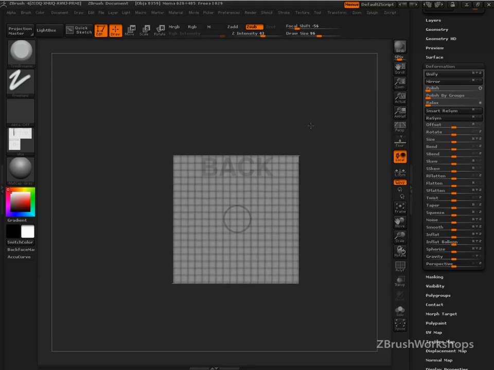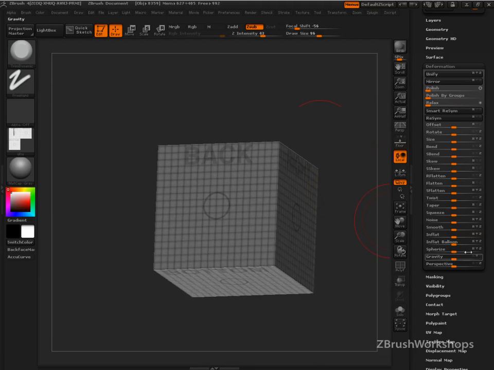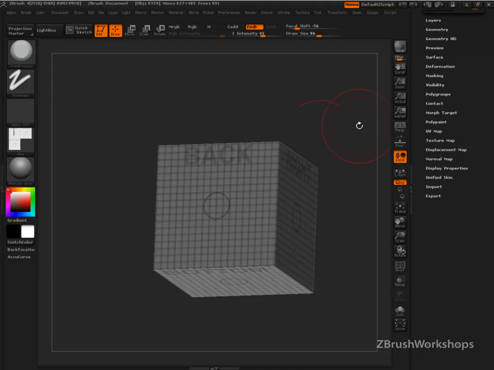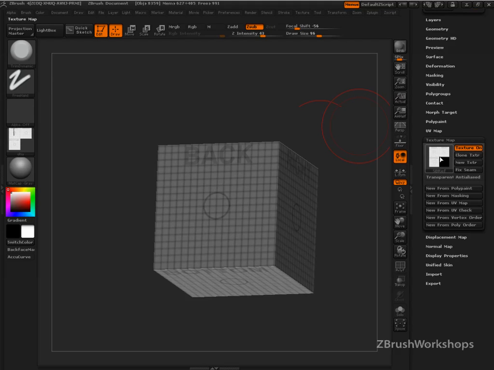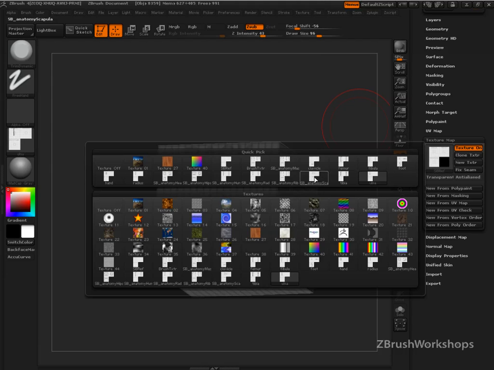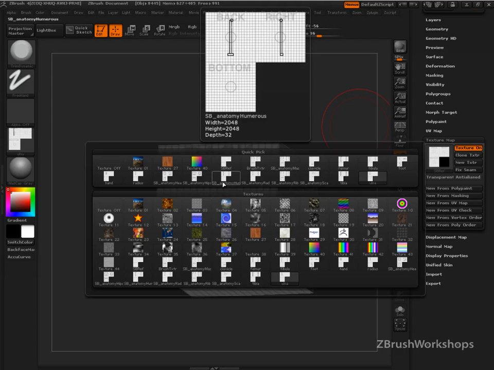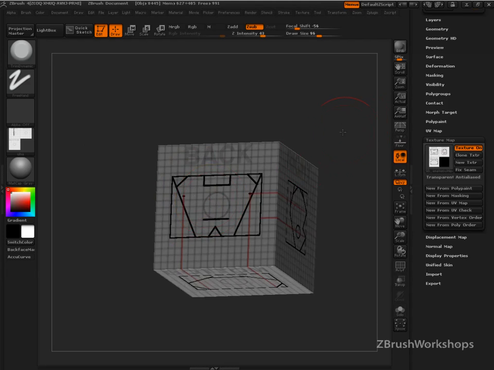Alright, let's keep moving. Let's get the hip placed here, or roughed in. So I'm going to bring in my map for the hip. I'm going to go to Texture Map, click the large thumbnail, and I've imported all of the ones that I've created. We're going to bring in the hip structure,